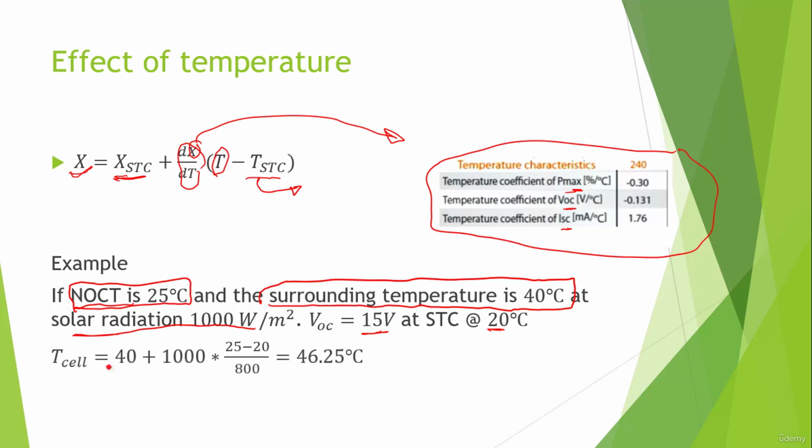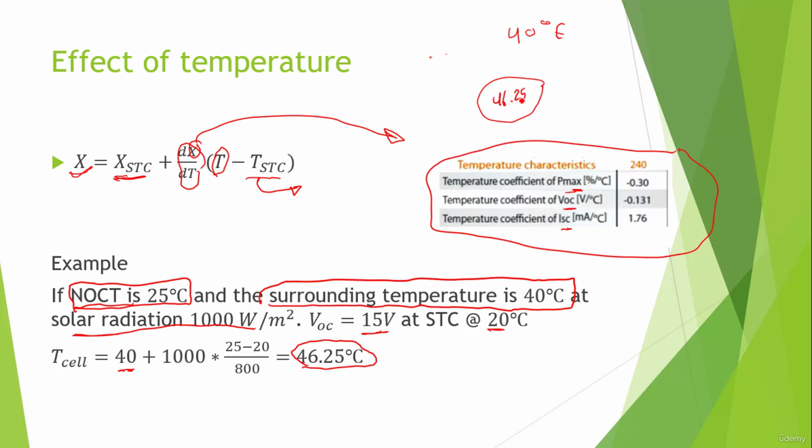This means the cell temperature is going to be 40 plus 1000 times 25 minus 20 over 1000. We're going to get 46.25 degrees Celsius. This means if you have a solar cell at a surrounding temperature of 40 degrees Celsius, this solar cell will have a different temperature from the surrounding, of